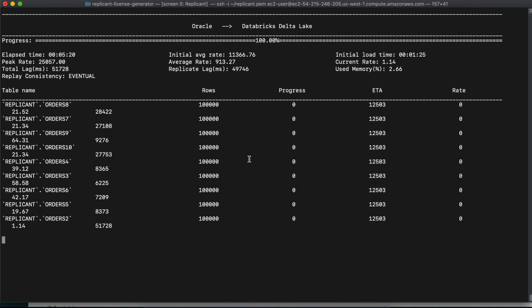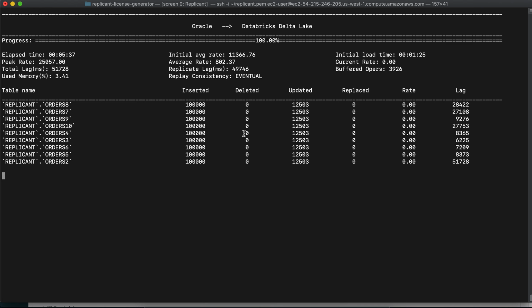When I resume, it will pick up the deletes which we just did on Oracle and apply them to Databricks. See, now we have started picking up the deletes and applying them to Databricks.